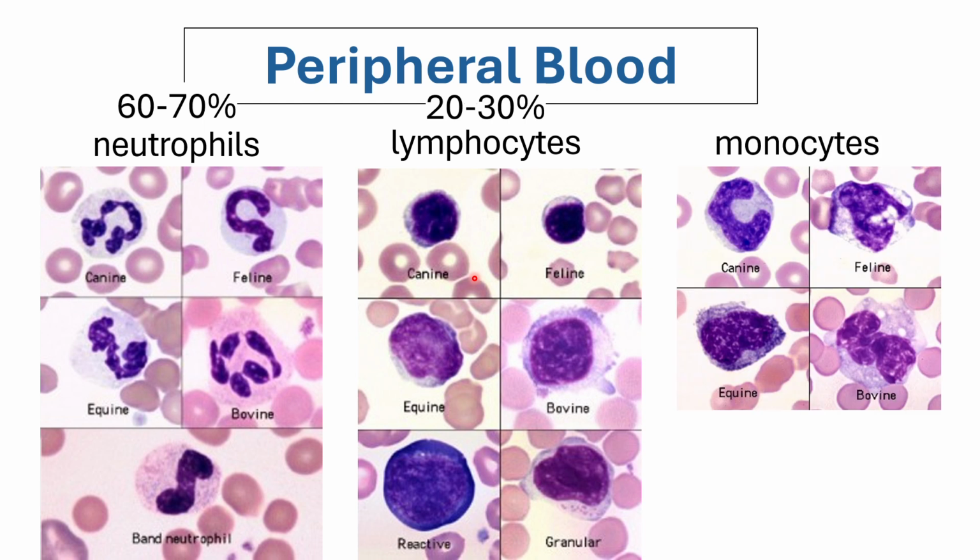Okay? So for the peripheral blood, for the specific white blood cells this time, here again, the most common type of white blood cell that you can find in the peripheral blood smear would be your neutrophils. So if you are viewing your peripheral blood smear and you see a white blood cell, most likely it will be your neutrophil, again characterized by the segmented or lobed nucleus and the neutral or transparent cytoplasmic granules. And when you see a lot of these, it means your body is fighting off some sort of infection brought about by bacteria.